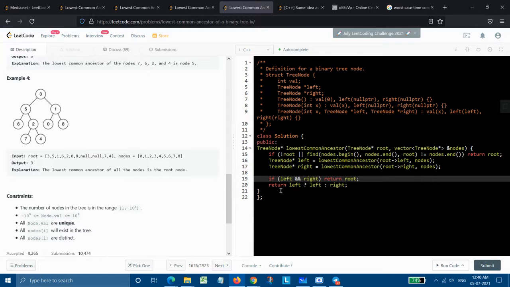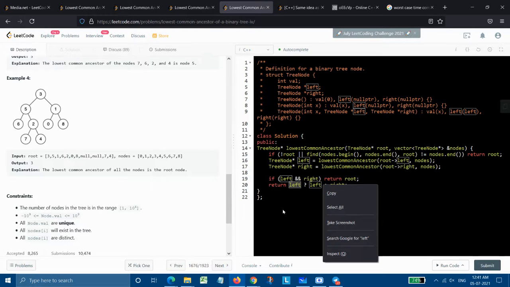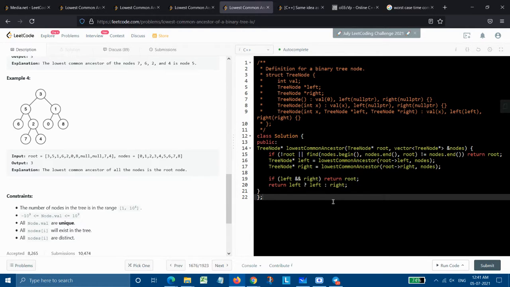Else there is one more condition, the way we were doing in the past: if LCA1 is there, then we need to return LCA1, or we need to return LCA2. So here, if left is given, then we need to return the left, or we need to return the right. And this is solving that part when both of the nodes are present in the same subtree. So this is how we have now covered the 4 variations of the same question.